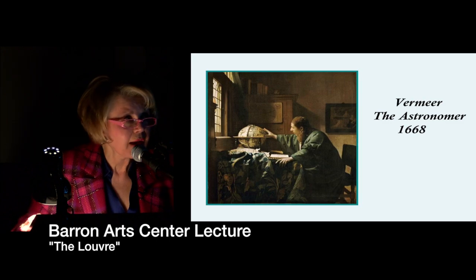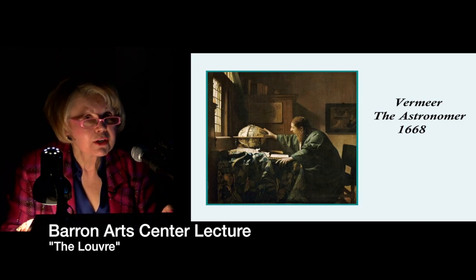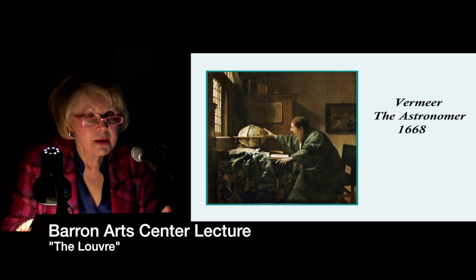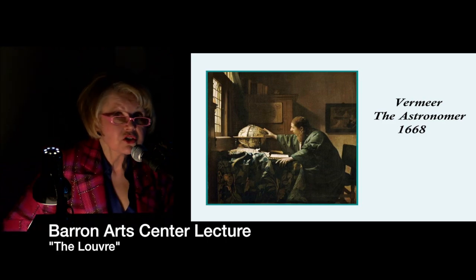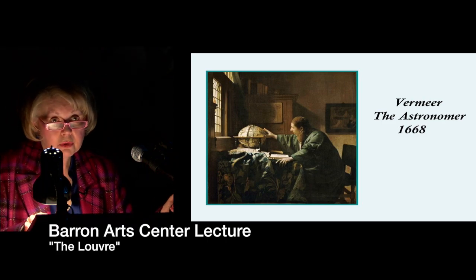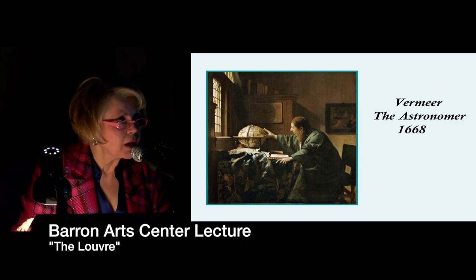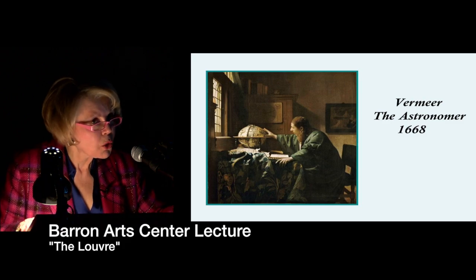Now, you've got to realize 90% of Vermeer's paintings are extremely small. They are, again, smaller than the Mona Lisa. They are almost as small as the works of Dou. They could easily take one and just put it under your arm and walk away. Okay, they're not heavy at all. They're quite small. Now, this is an absolute marvel, and again, this reproduction somehow does not show very well here at all,